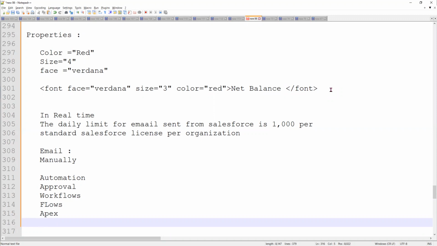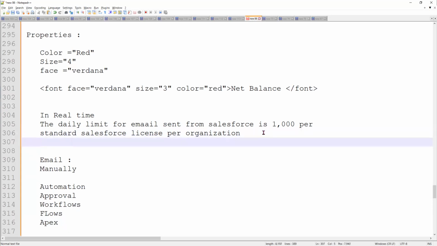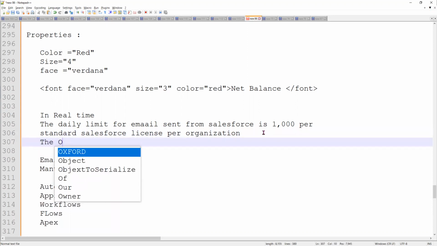So there are different ways we can send emails. There are multiple ways to send emails. This is per standard Salesforce license, 1,000. But for the overall organization, if you ask me, the overall organization limits are